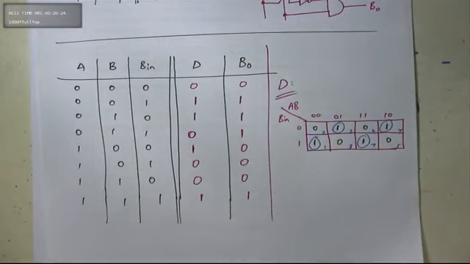Now, as I mentioned yesterday, and I gave you a piece of homework yesterday, right? Can you see the ones are arranged in such a manner that it's like a stalemate situation. Nobody wins. The whole idea of doing the Kano map was to reduce or minimize. But in this case, the ones are configured in such a manner that there is no minimization. We call this a checkerboard situation. When it's arranged like that, and all the ones are just single groups of one, there's no minimization possible, right? This particular situation is known as the checkerboard situation, and